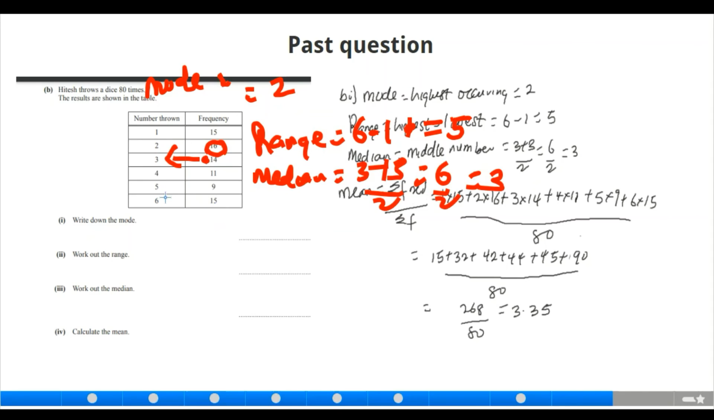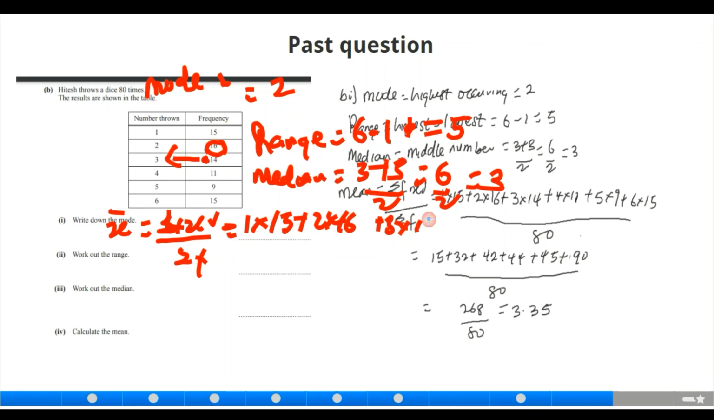Okay. Now for the mean, for you to get the mean, what we just need to do is what? We multiply the frequency with the number of times that is being thrown, then divide by the total number of times, which is 80. So it's going to be summation f of xi over summation f. So it's going to be 1 times 15, okay, plus 2 times 16, okay,